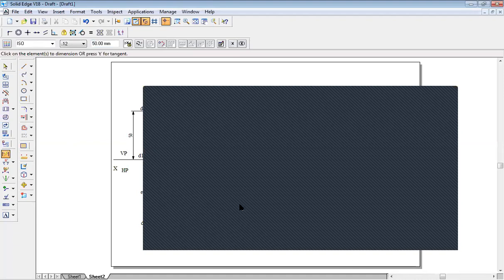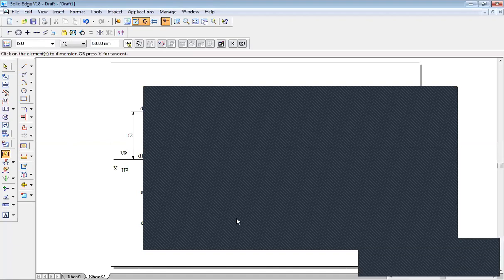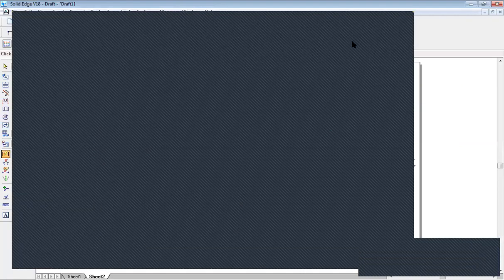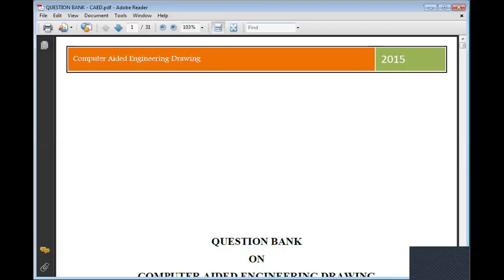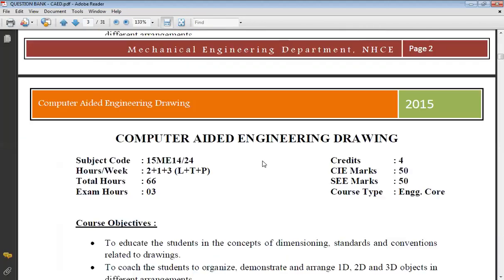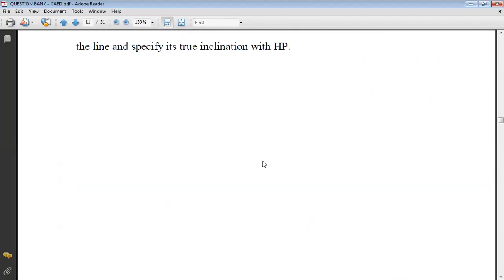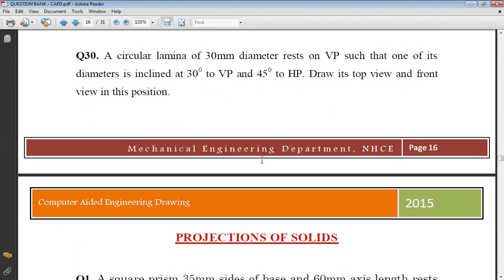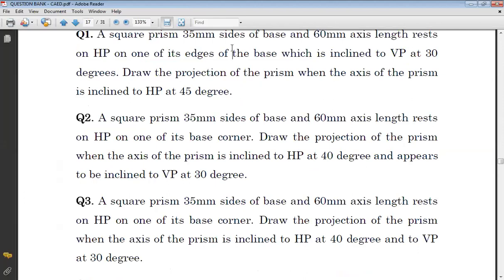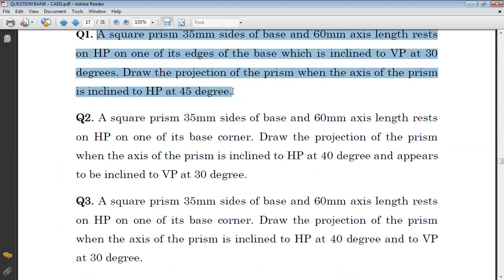E drive. Let's see. CAD question bank. Okay, see, problem number 1, it's a square prism, 35 mm sides of base, 60 mm axis length, resting on one of its edges of its base.